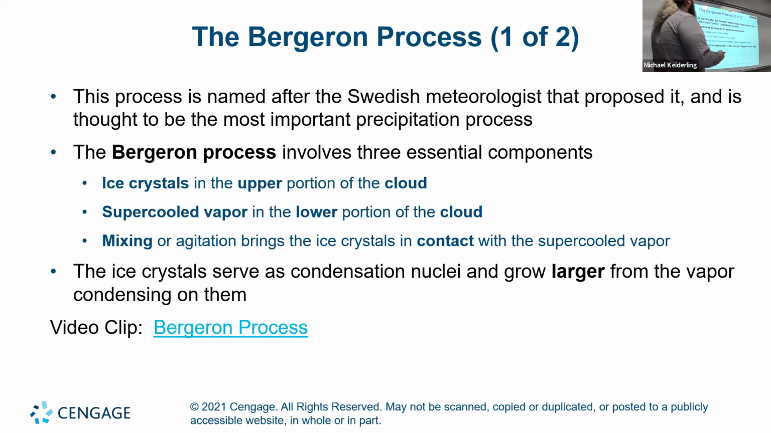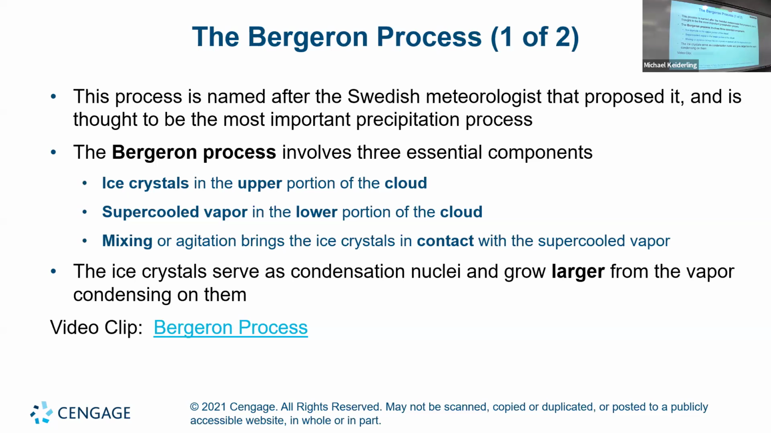So the Bergeron process involves three essential components: ice crystals in the upper portion of the cloud, supercooled vapor in the lower portion of the cloud, and a mixing or agitation that brings the ice crystals in contact with the supercooled vapor. Basically, what happens is that at a certain temperature range, below freezing, water is more attracted to ice than it is to water. Vapor is more likely to form ice than it is to form liquid water. And that means if you have ice crystals and liquid water, the ice crystals will suck up the water vapor,